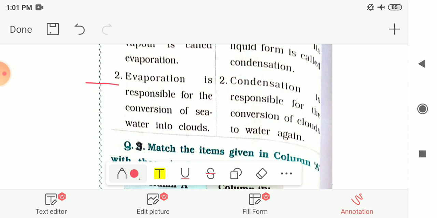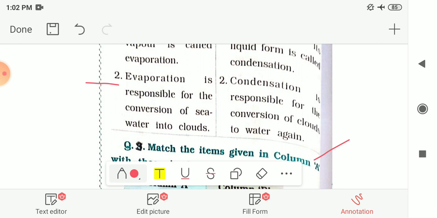And condensation is responsible for the conversion of clouds to water again. That means when it is raining, the conversion of cloud into water, that is conversion of water vapor into its liquid form, occurs due to the condensation process. So this is the difference between evaporation and condensation.